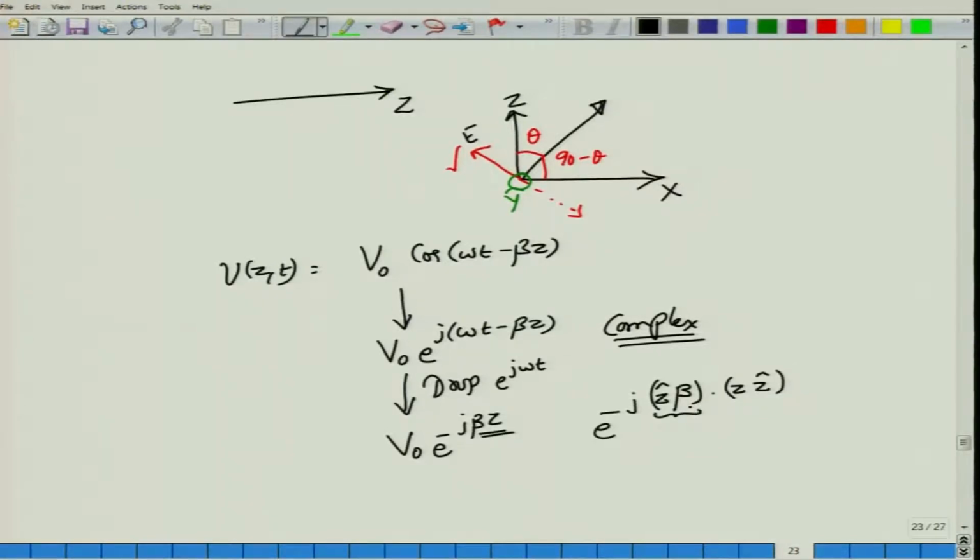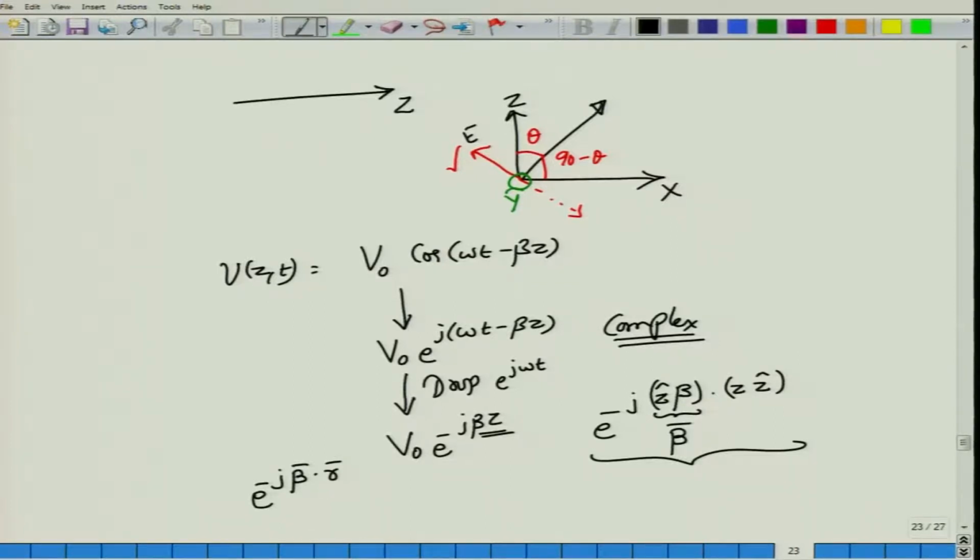This I can consider to be a vector itself, right. I can consider this to be the propagation vector, and this propagation vector in this case will be directed along z axis. So I can rewrite this exponential phase factor as e power minus j beta dot r, where r